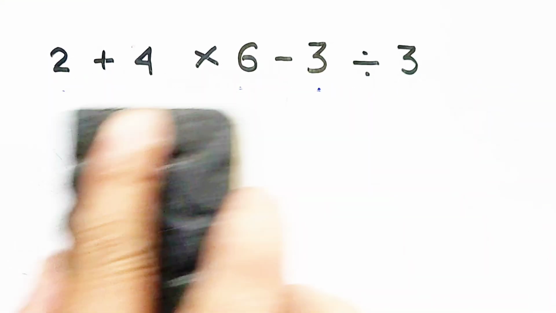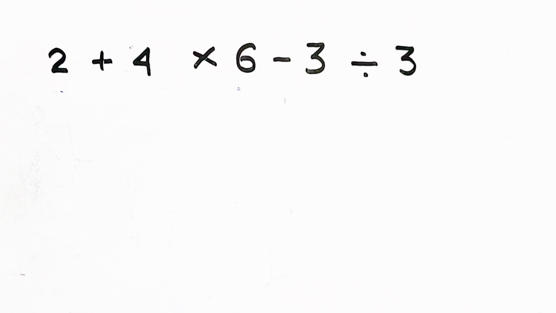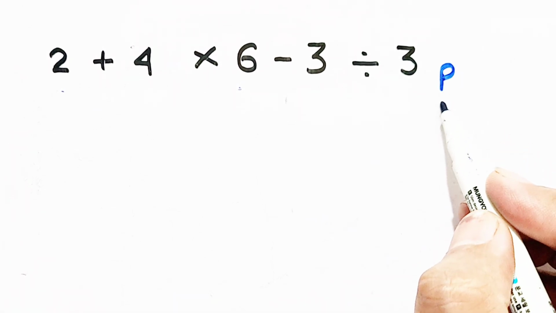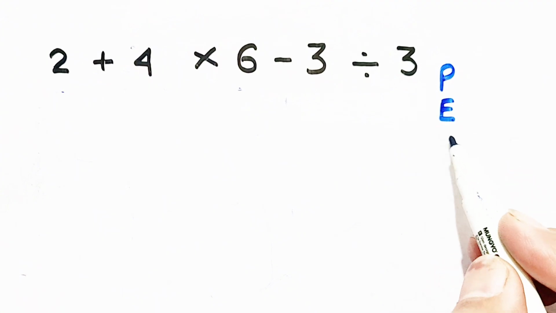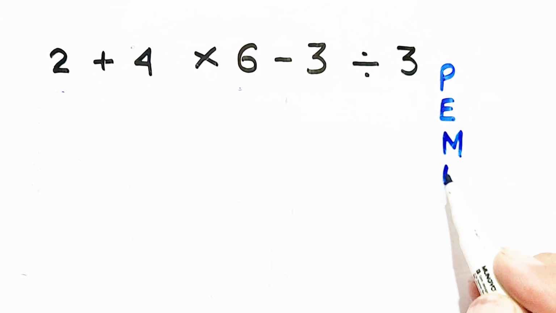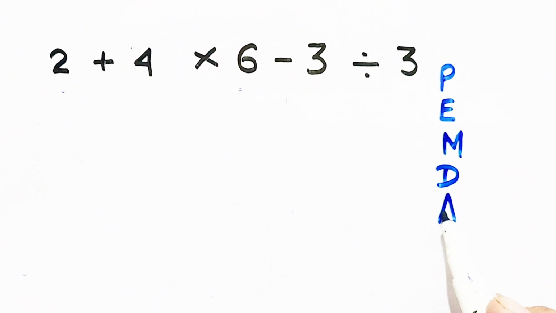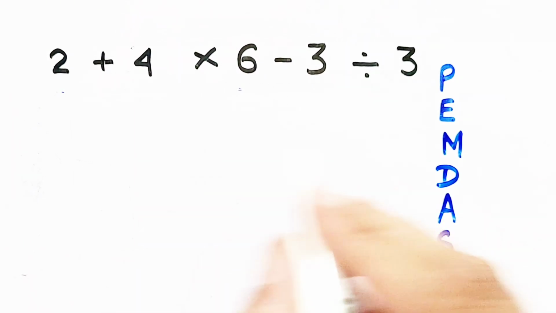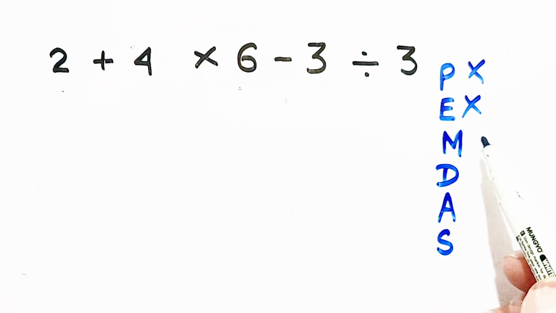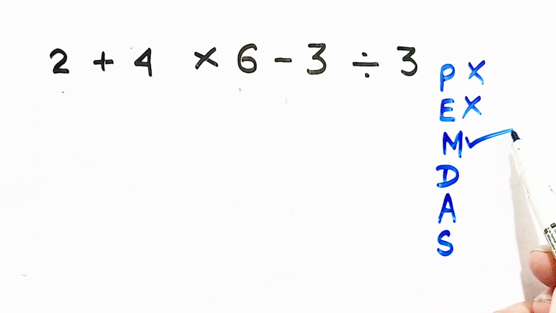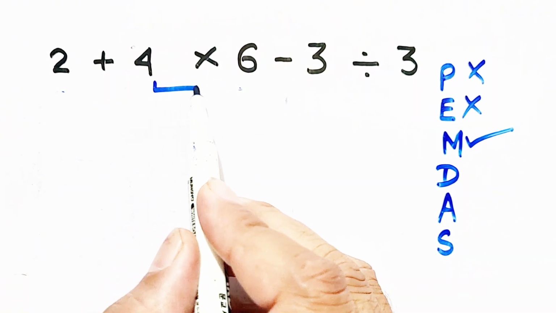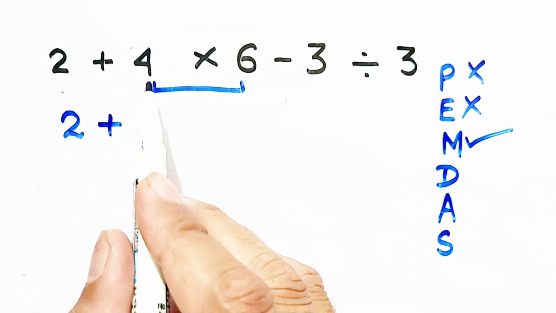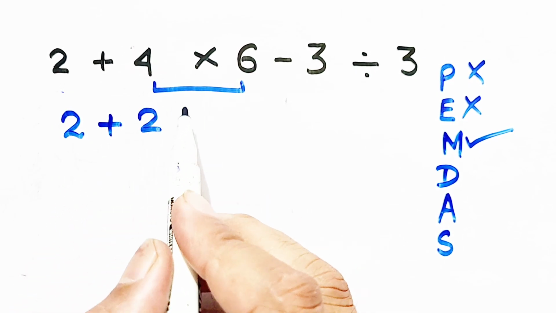We have to resolve the question according to some order of operation, such as PEMDAS: parenthesis, exponent, multiplication, division, addition, and subtraction. So in this question, we don't have any parenthesis or exponent. Multiplication is there between 4 and 6. So 2 will be as it is, plus it will become 24